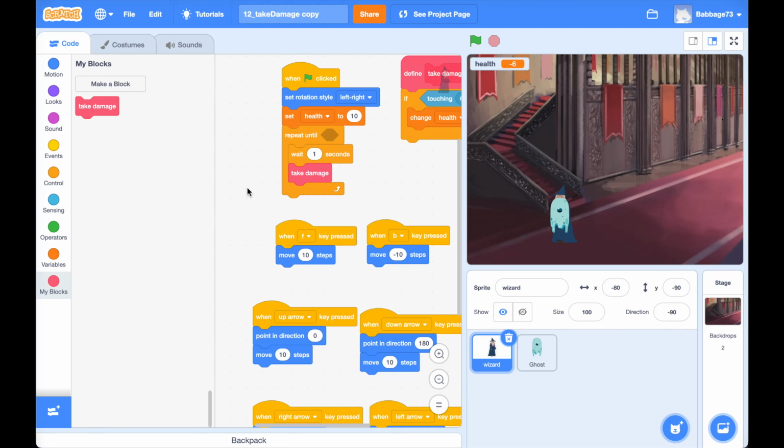Alright everyone, so last time we got the wizard to take damage when the ghost touched the wizard. One problem that we had with that was that the health score went into the minuses. And that doesn't really make any sense. What is it to have minus health? So we want the game to end when the wizard hits 0 health,